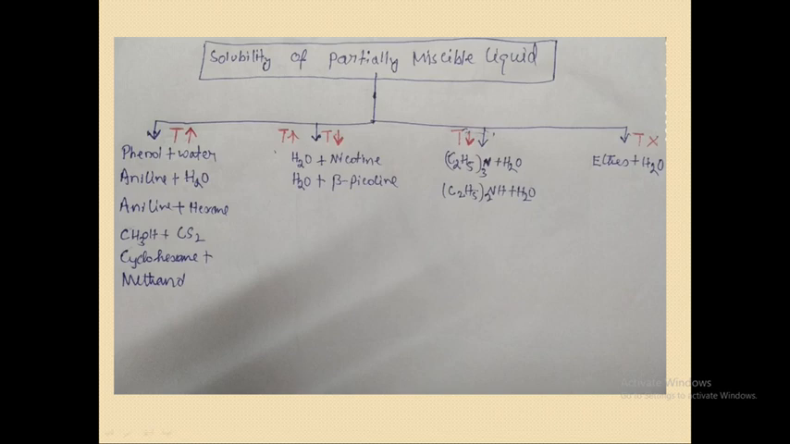Solubility of partially miscible liquids. There are four types of partially miscible liquids in two-component liquid in liquid systems. Four types of partially miscible liquid systems have been observed. One type is